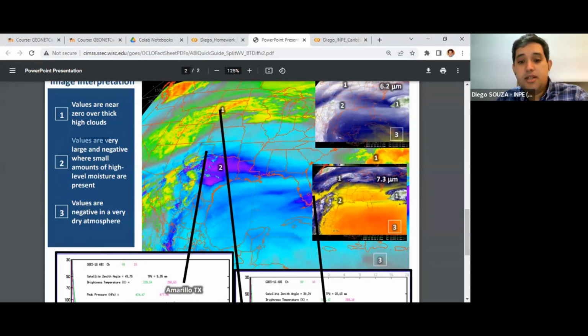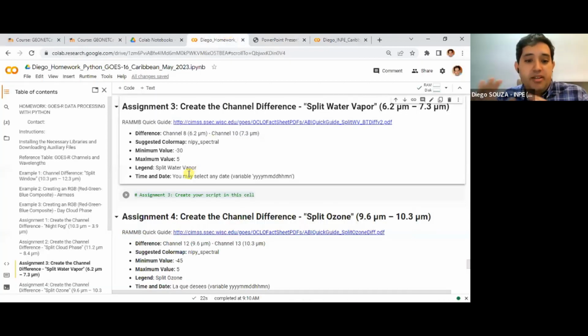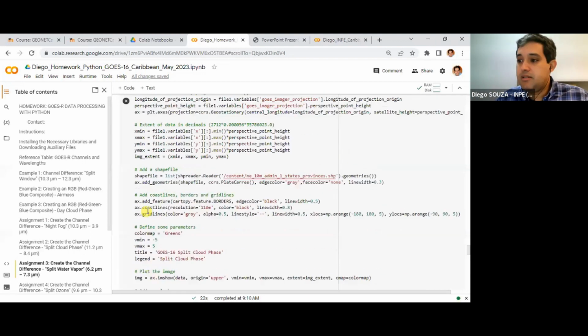Now let's see how we can create this difference. The procedure is basically the same followed to create the brightness temperature differences, or BTDs, for the night fog and split cloud phase. First, we need to copy our example number 1,